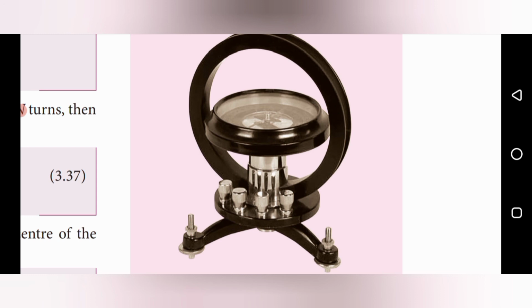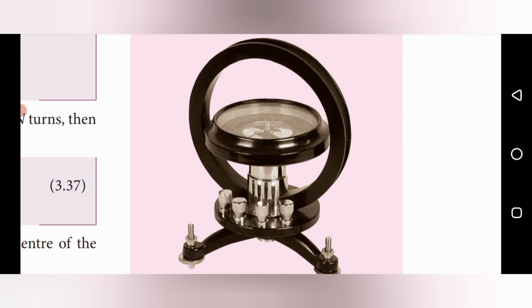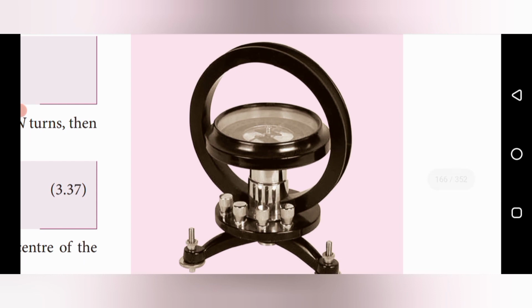Then before that, there is a compass. In this compass, the 360-degree theta values are represented. It is divided into 2 halves, that is 0 to 180 and also 0 to 180. And in the center of that, a small magnet is fixed in the north and south direction, and also 2 pointers are fixed exactly perpendicular to that magnet. And this aluminum pointer gives the theta value when adjusting the current value.